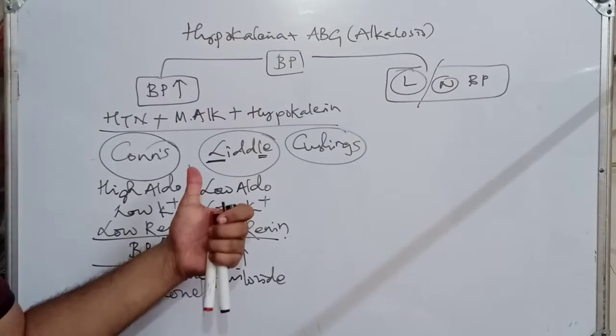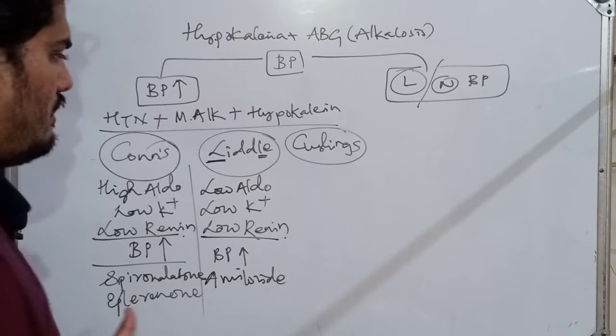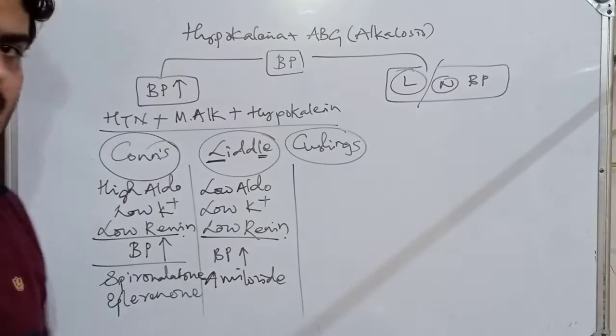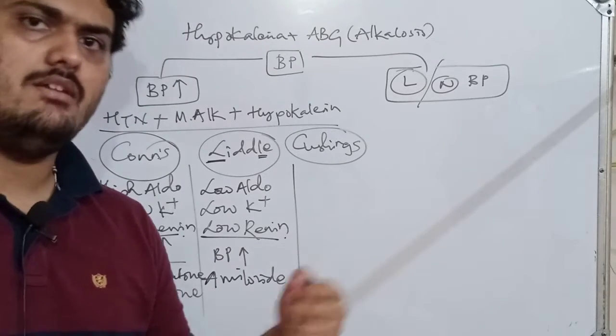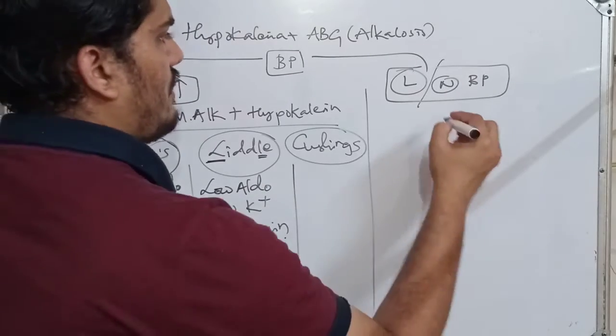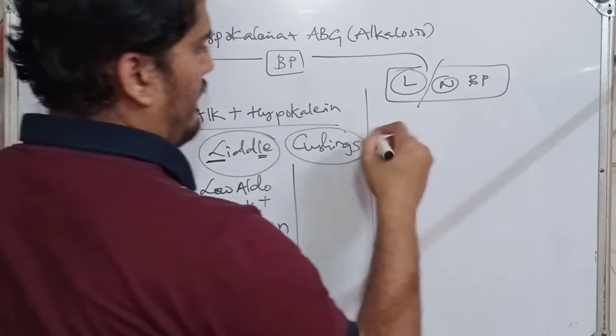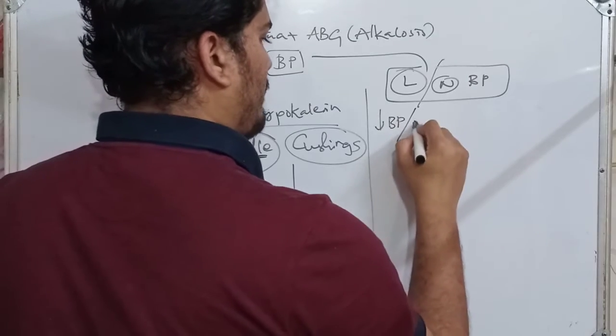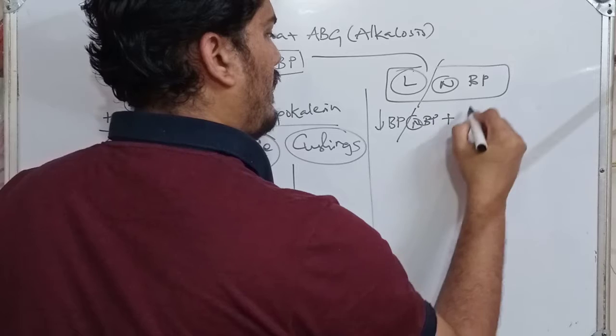So this is one of the important differential points to differentiate between Liddle and Conn's. And Cushing syndrome, again it's a big clinical spectrum, we'll understand in further videos. Coming to low and normal blood pressure, again the clinical spectrum here we'll write, that is, the patient is having a hypotensive state or normotensive state with